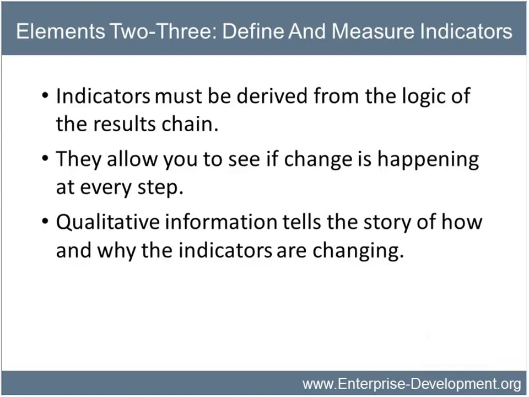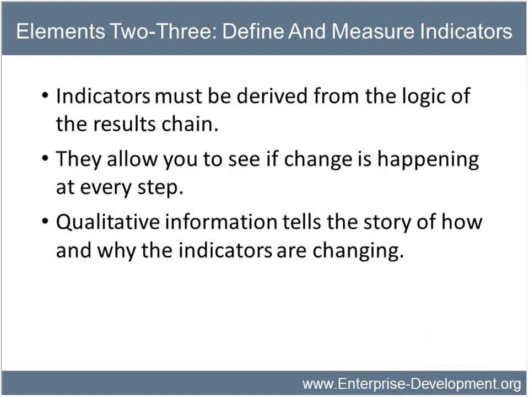The second 2 elements define and measure indicators. Indicators need to be derived from the logic of the results chain. So they allow you to see if change is happening at every step. And what this means is once you've got your results chain set up, the results chain says what you want to see. So for every step along the way, you set an indicator in order to see whether it's happening or not. And this makes sure that your measurement is closely tied to your theory, to your results chain,